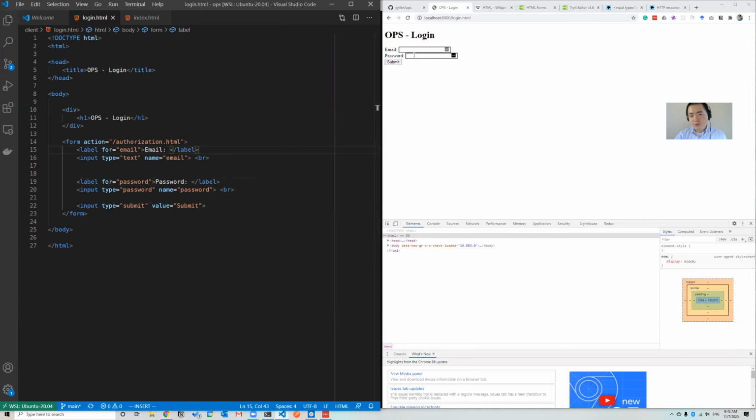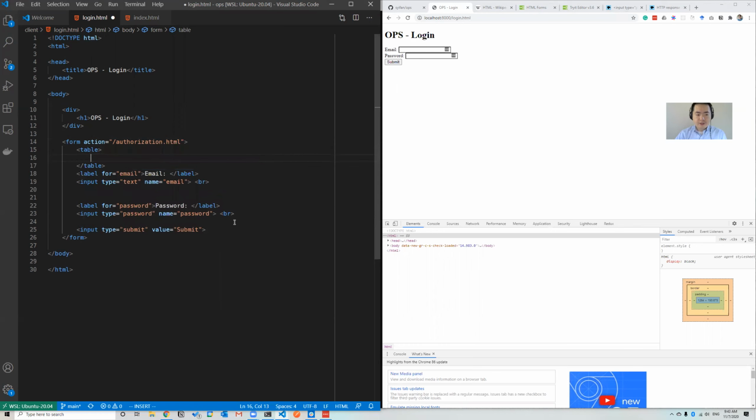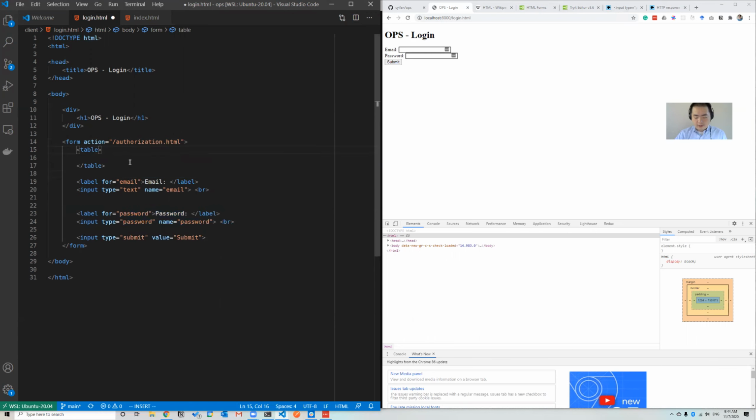But at least one thing we want is to have alignment. So we want to have email, and then we want to make some empty spaces so these text boxes start at the same point, right? In this way, we're going to use a table. A table can be defined with HTML. Then we're going to have a table, and in the table,